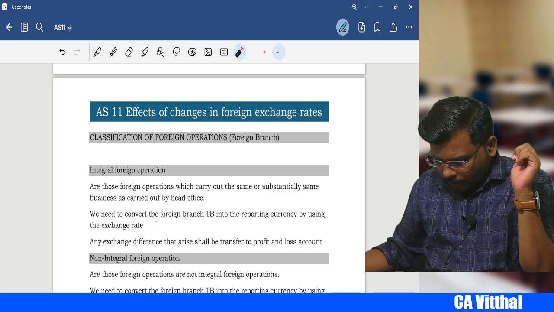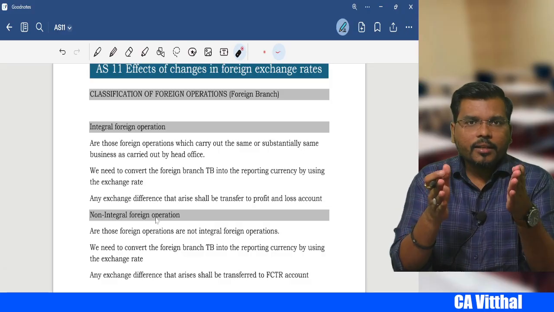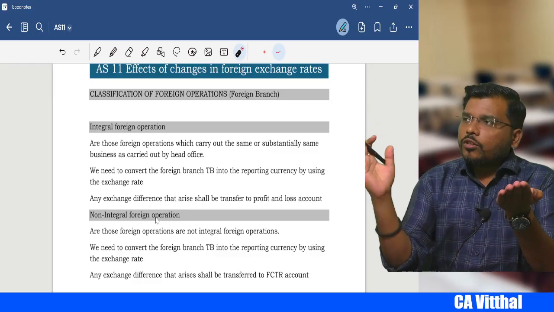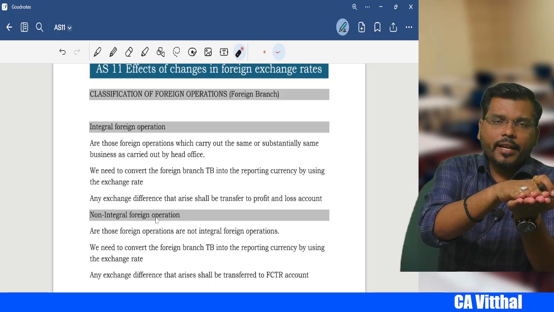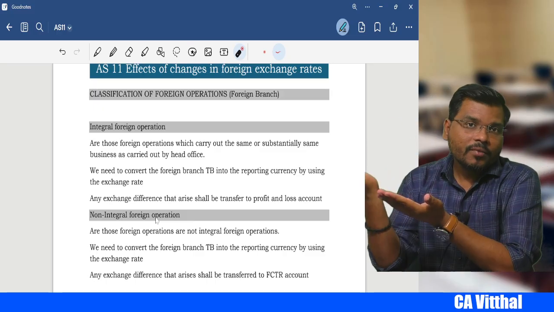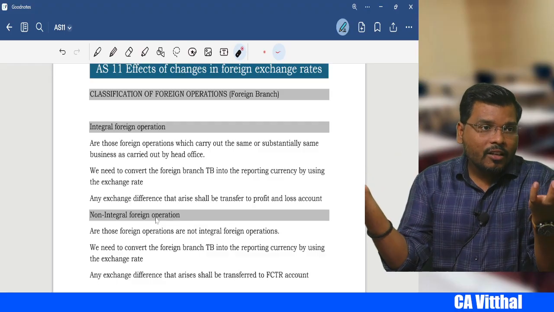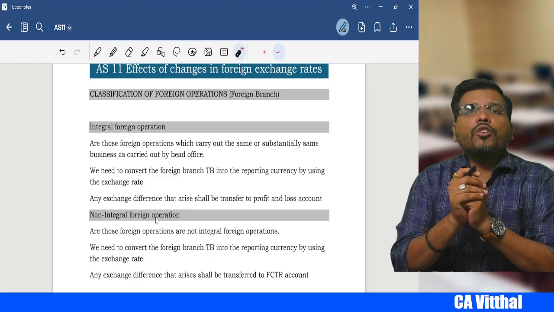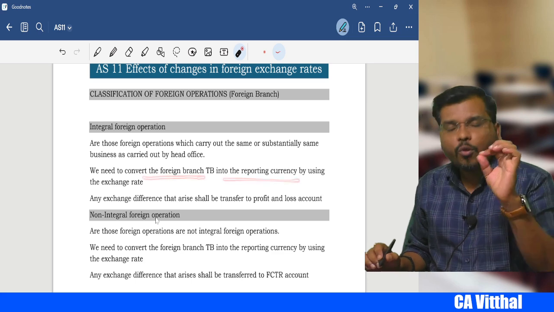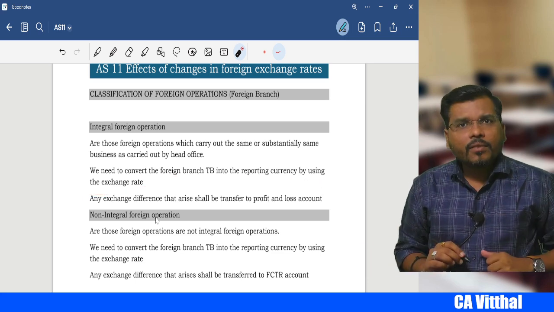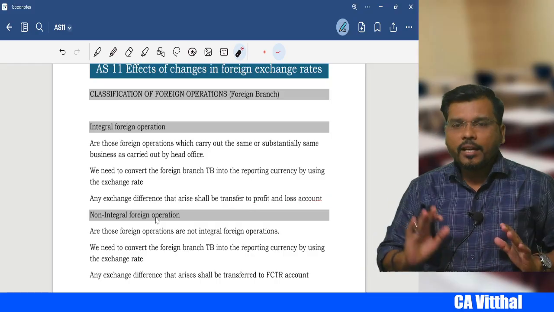Okay, so my dear student, whenever there is a foreign branch, say we are the head office in India, and the branch is in the US. That branch TB we need to bring into the HO books, right? But the branch TB is in dollars and the HO TB is in rupees. So can we add rupees and dollars? Not possible. What should we do? The first thing we need to do is convert the foreign branch TB into the reporting currency by using the exchange rate. Yes, okay sir. But any exchange difference arising, that exchange difference has to be transferred to profit and loss account,